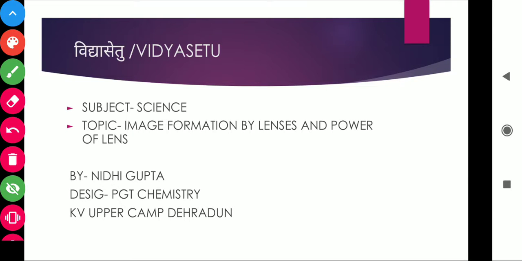Students, let's discuss the next topic, that is image formation by lenses, spherical lenses. We have discussed the image formation by mirrors. Today we will discuss image formation by lenses and power of lens. Let's discuss one by one. First,